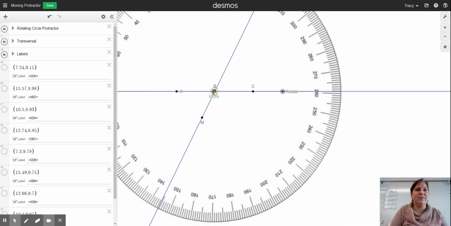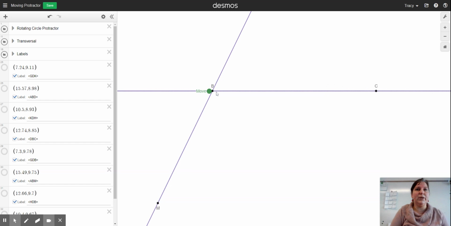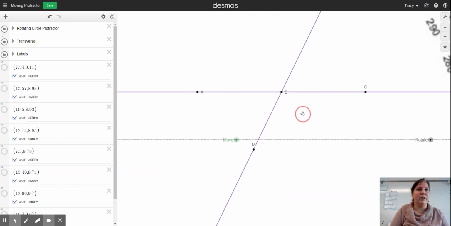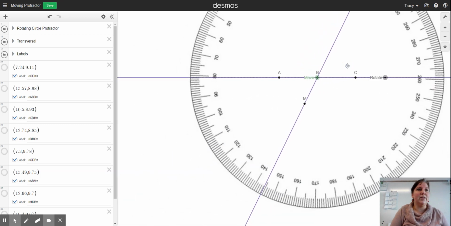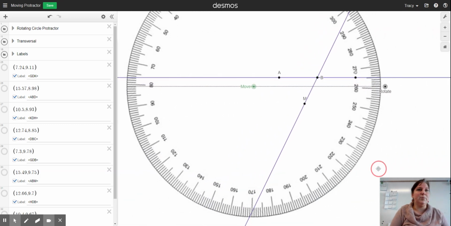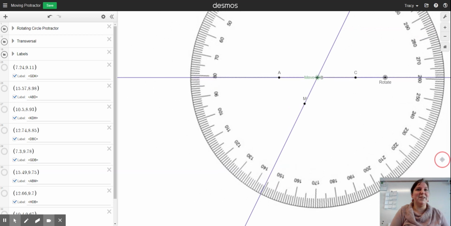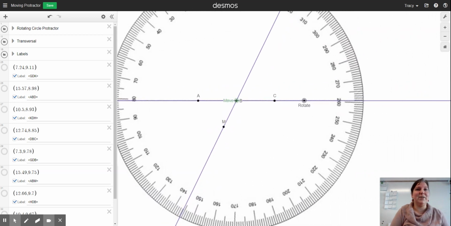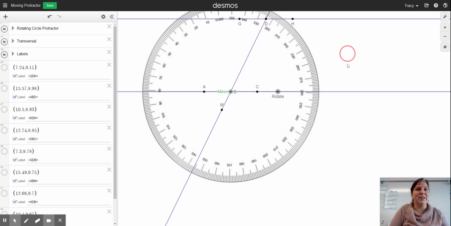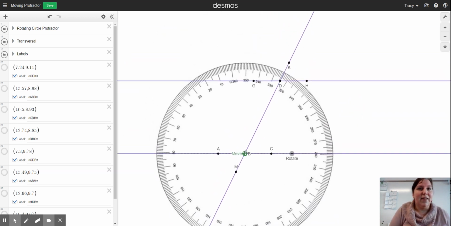And one of the things I love about Desmos is you can zoom in really well. So you can see that that dotted line is right where it's supposed to be. And as I go out, I can move my graph. Let's see if I can get away from my circle. There we go. All right, so now that I have this,